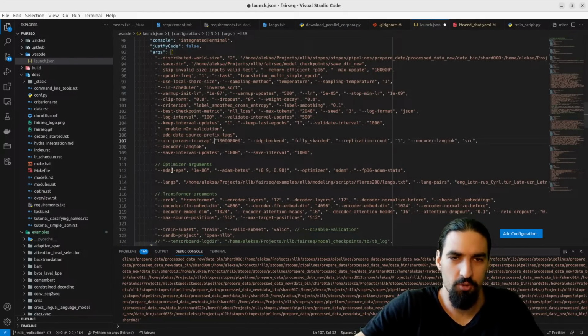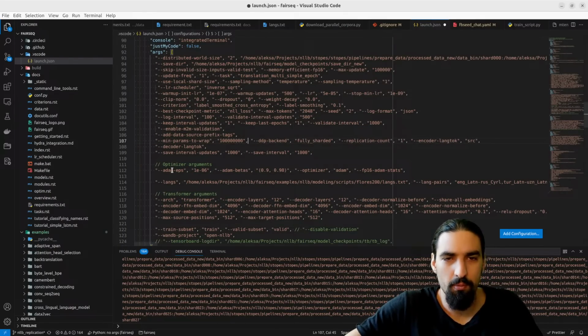I'm not sure what this means. What does parameters to wrap mean? 1, 2, 3, 1, 2, 3, 100 million. What does that even mean? And then there are the distributed settings like DDP, replication count. We need to understand what those are.